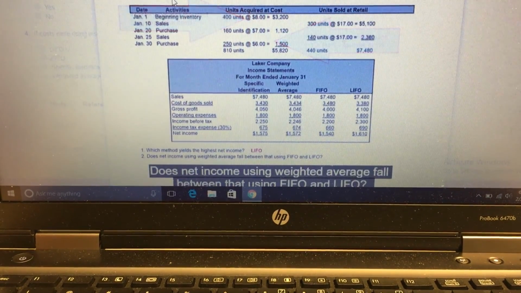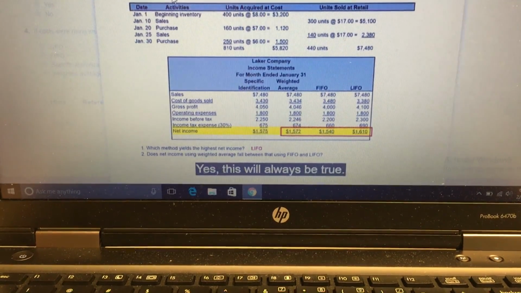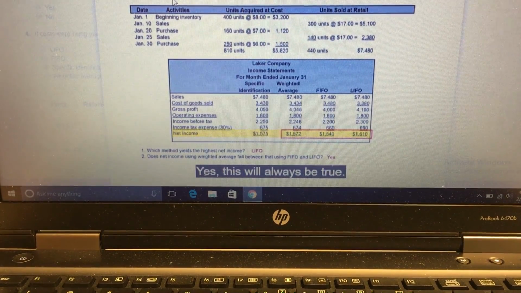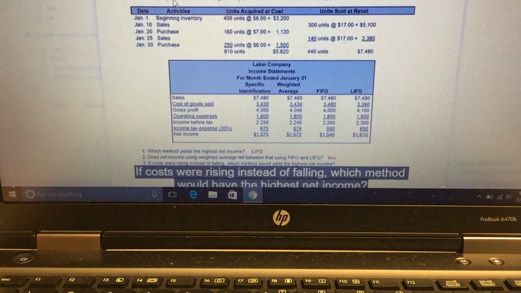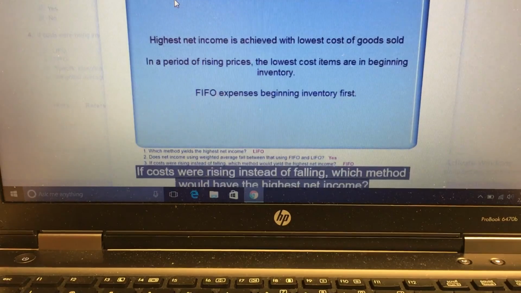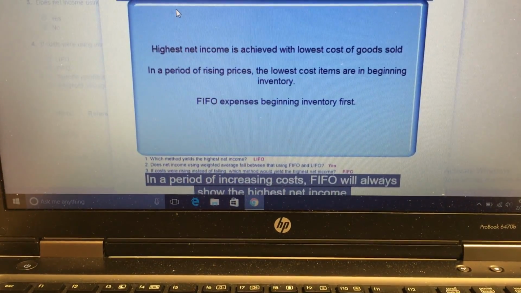Does net income using weighted average fall between that using FIFO and LIFO? Yes, this will always be true. If costs were rising instead of falling, which method would yield the highest net income? In a period of increasing costs, FIFO will always yield the highest net income,